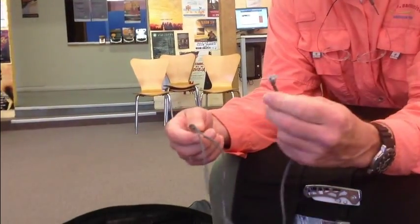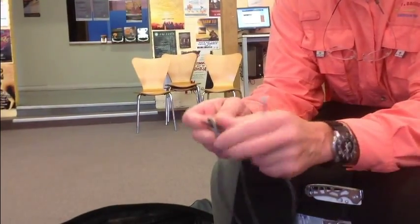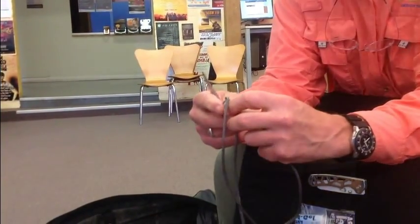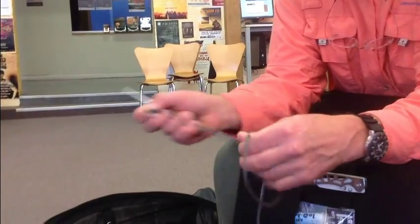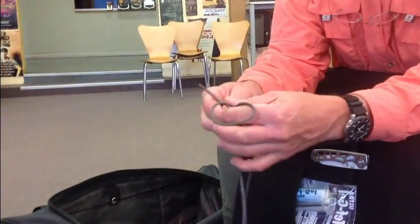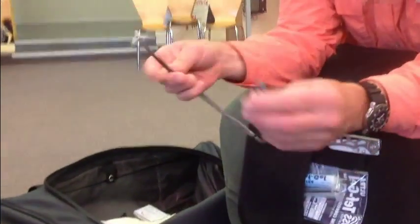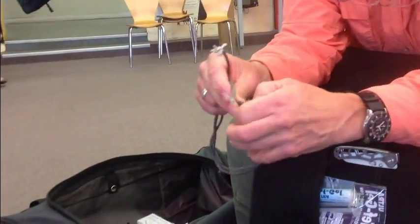You can use it to make this ravel end go through. And I'm going to bring it down. It's a comfortable fit for